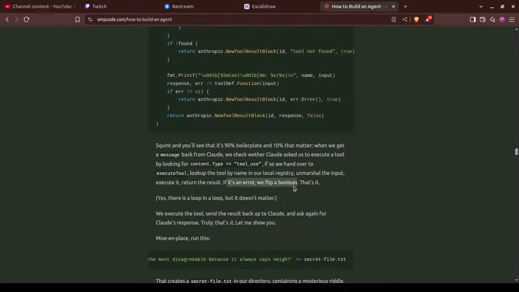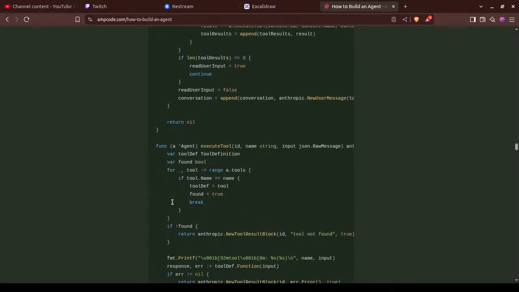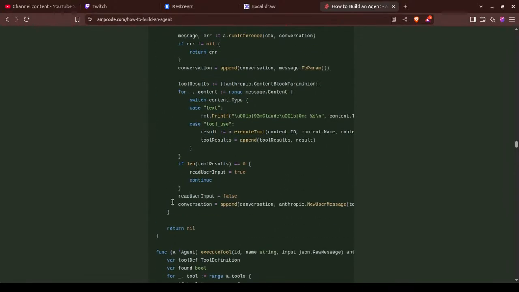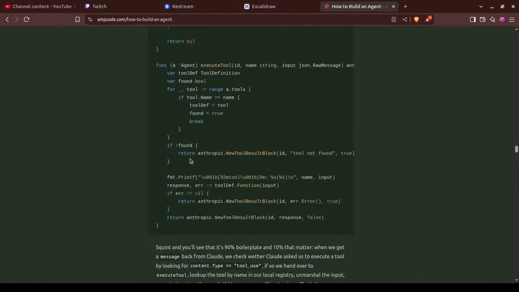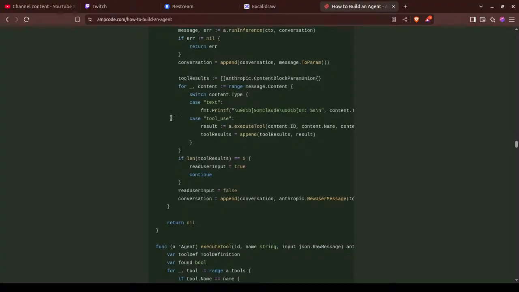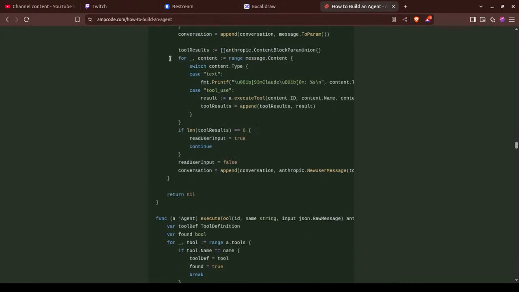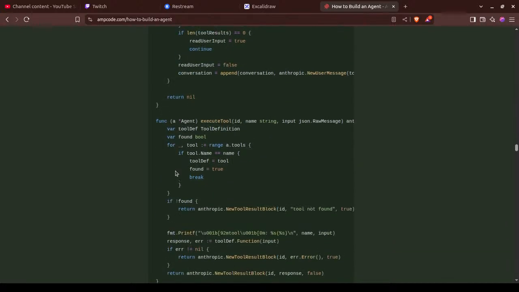That's it. Yes, there's a loop in a loop, but it doesn't matter. We're talking about this loop. Which loop? This loop. Another loop.